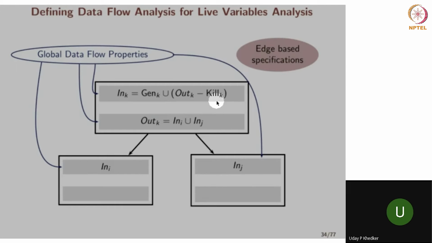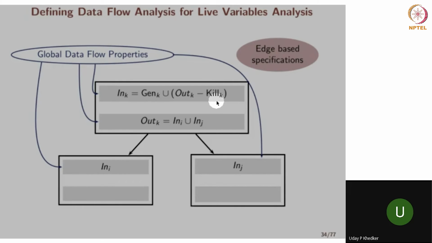And we are assuming that inductively, when we concatenate the effect of many edges, we get the effect of the entire path. Now, an important theoretical question is, is the path-based specification identical to the edge-based specification? Supposing I had an all-powerful method which can do path-based computation, and I had this method which does edge-based computation. Will these two give me identical results? The answer is that in the case of live variables analysis, they indeed coincide. Path-based specification is indeed identical to edge-based specification.